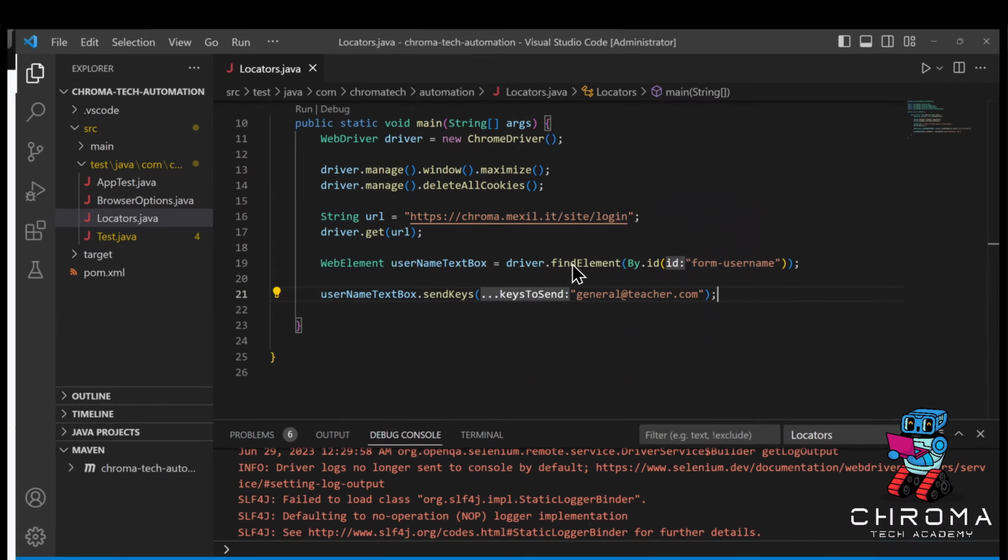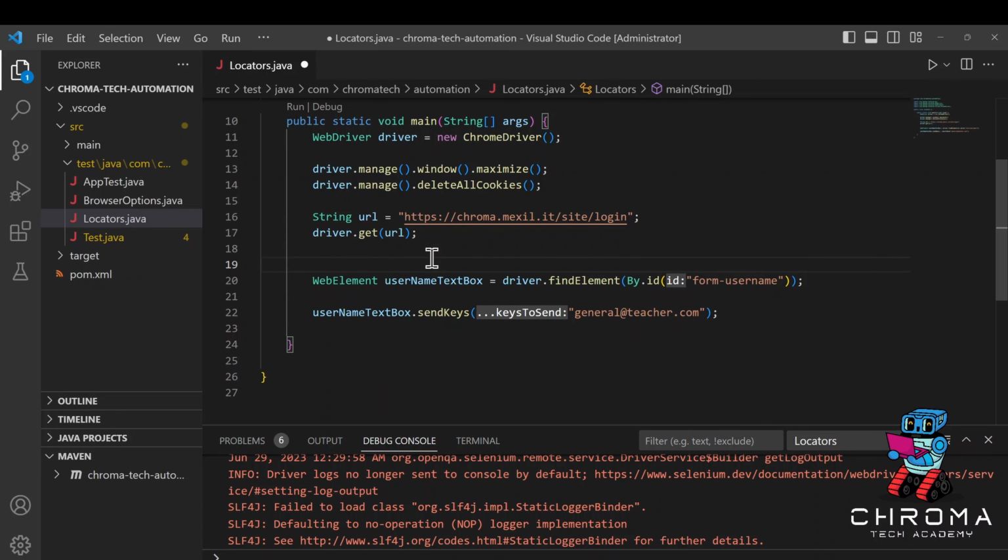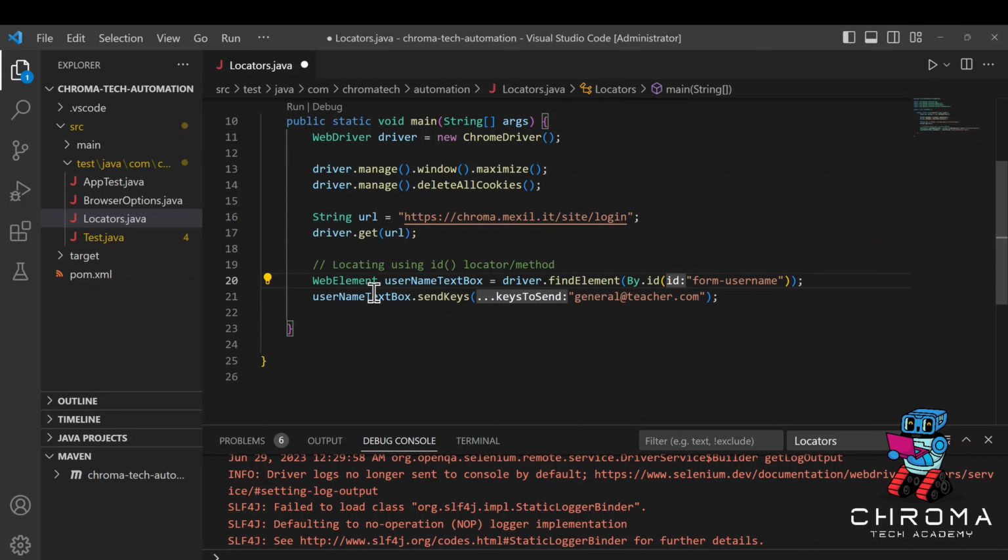So let's go back to our code here and let's just make a note for ourselves. I forgot to add this comment in the last video. This is just for your reference. So I'll say locating using ID locator, or method, because it is a method from the By class, right? So I'll close this and clear that line, and then hit enter for a couple lines, and then I'll say locating using name